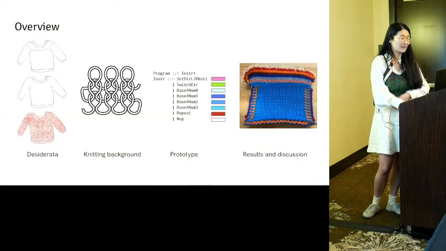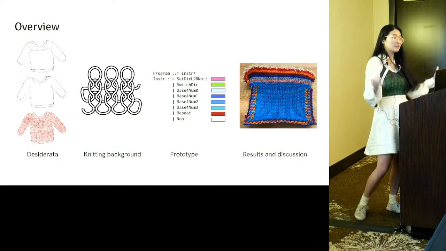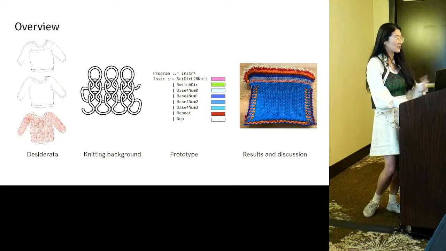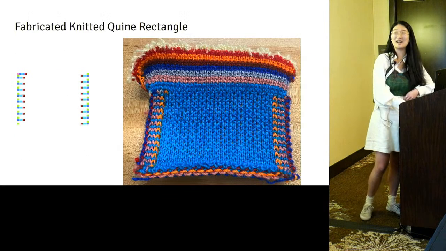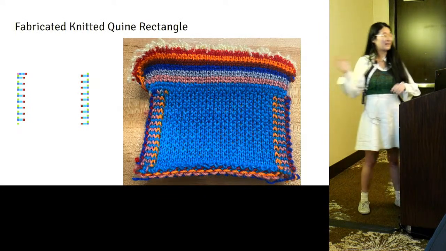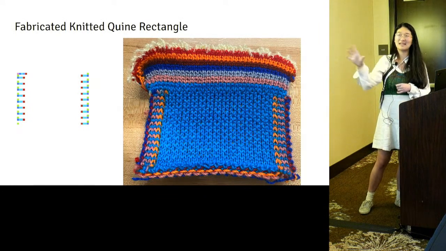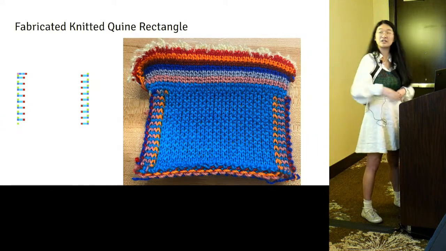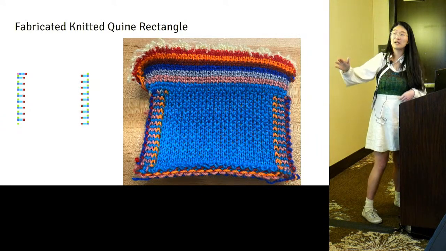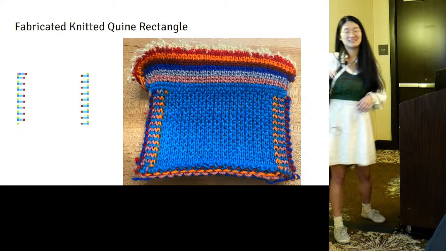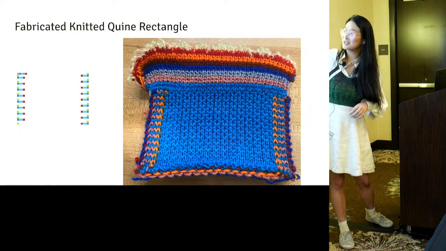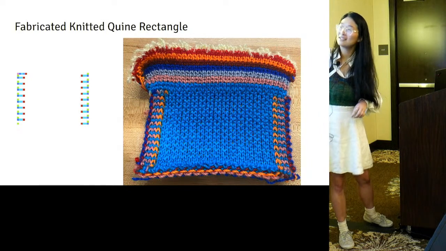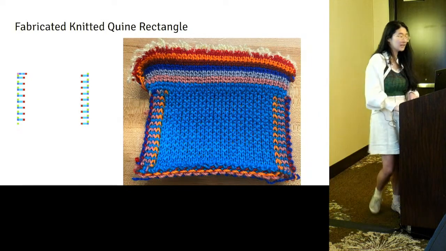And so we've designed a language that, in theory, will create some knitted quines. Do they actually work? You've probably been seeing some foreshadowing the whole talk. So we started by knitting basically the rectangle example that I was showing, where here the edge colors represent the original program. You can see I didn't have the foresight to get the right colors, but you can see the structure of the knits resembles the original program.